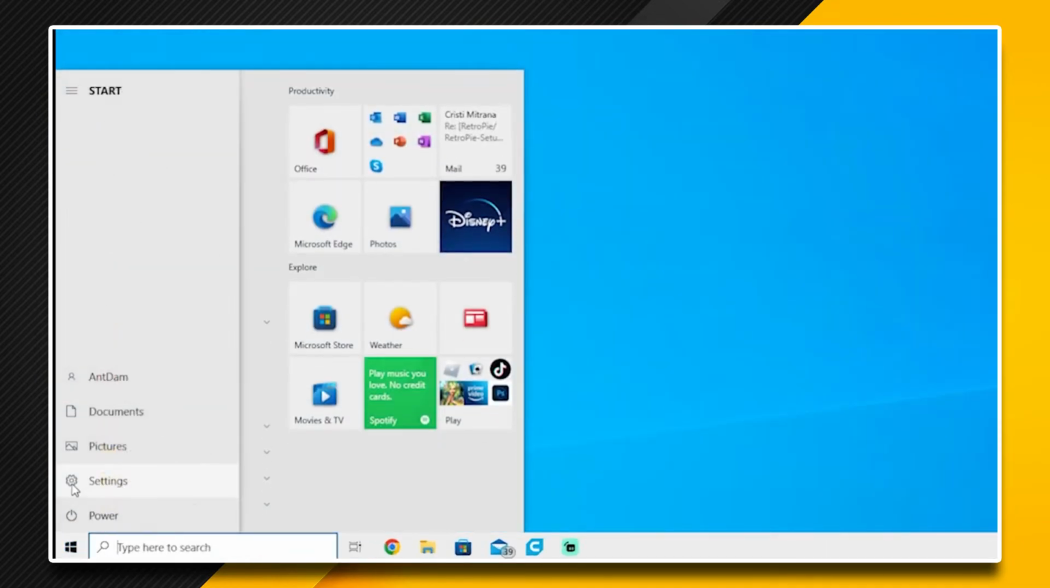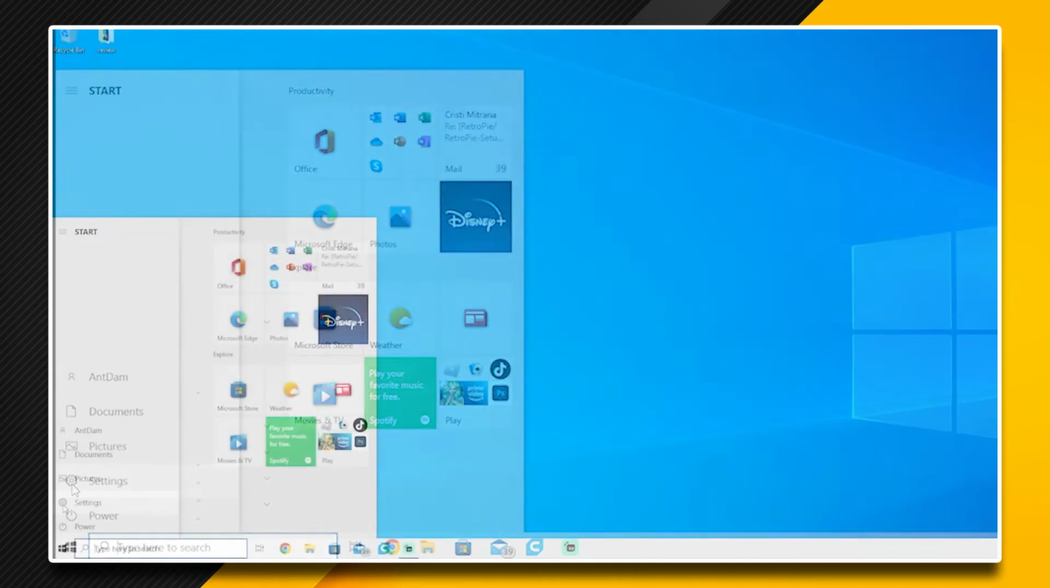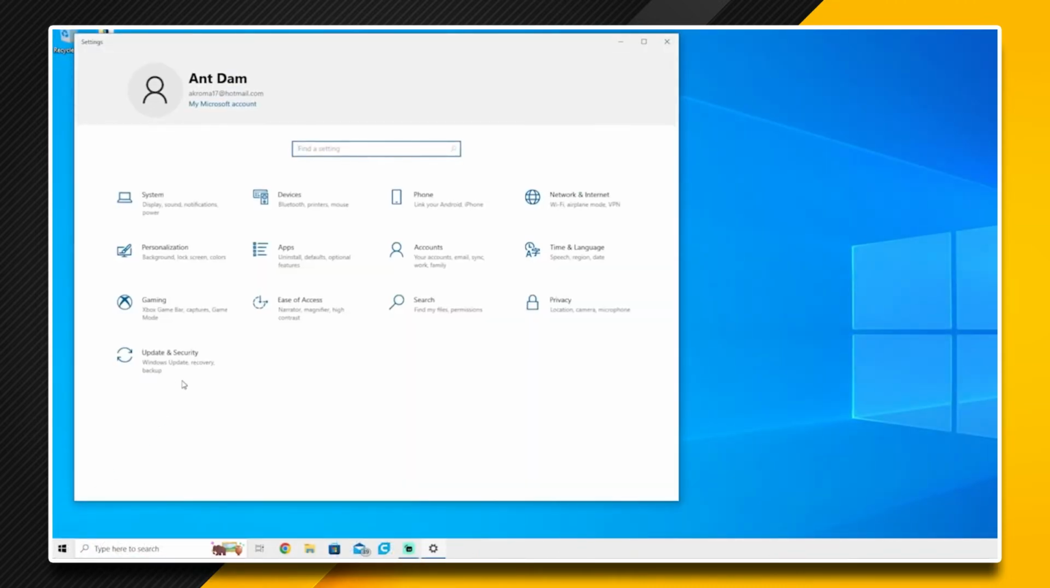By default, Windows sets your default browser to open Microsoft Edge. To change that, we're going to click on the Start menu button, then this little gear for settings. When the settings page comes up, you'll select default apps on the left-hand side. Alternatively, you can just start typing default apps